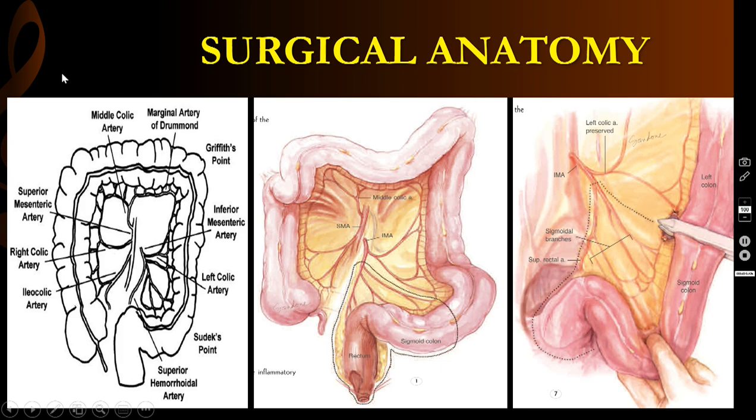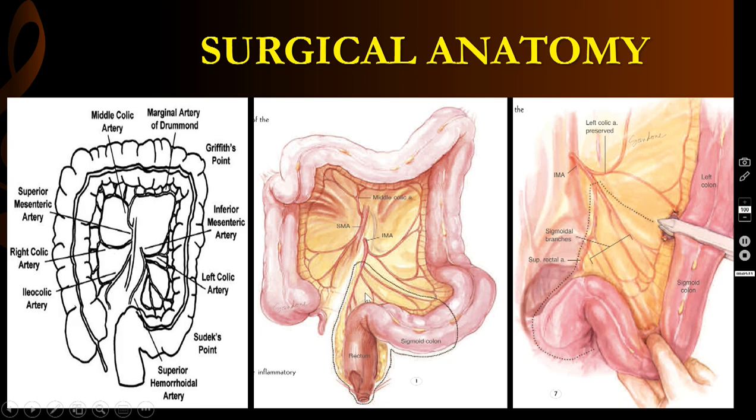So before going to the procedure, let us review the surgical anatomy. So this is AP resection. We will be removing only this part of the large bowel along with the rectum. So we have to know about the inferior mesenteric artery, that is supplying the sigmoid colon and the rectum. We will be removing only the sigmoid descending colon junction, or maybe in the middle of the sigmoid colon we